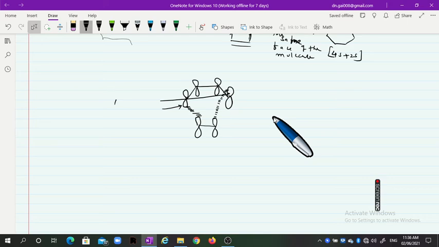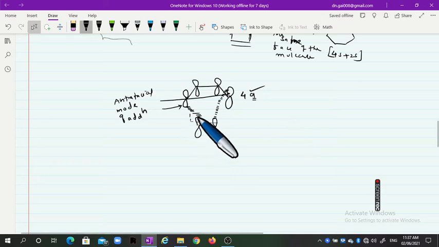Therefore it is called the antarafacial mode of addition. This component is called 4a, meaning the butadiene is added antarafacially to the ethylene molecule. But in the ethylene molecule, both the upper lobes are involved, so that is called the suprafacial mode of addition. Therefore this is your 2s component system.